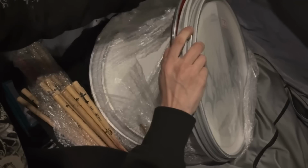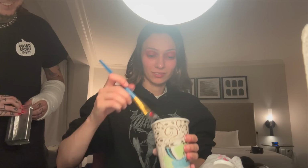But this mask does some stuff that we've never done with our masks before. And by that, I mean the red. The red looks sick. No red. Sorry, Luana. She hates when I talk about that. Oh, it's so funny. Every face paint that I've done under my mask so far has been black or white or both. Never have I gotten to play around with red, and I was really excited to hold this thing up to my face and paint my forehead and my neck red, which is exactly what we are going to get to do with this thing, and I am so excited. And not only am I going to be playing with red on the face, but